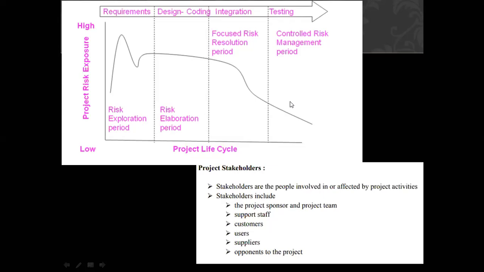It is one of the serious issues associated with the waterfall lifecycle model that the risk profile of the waterfall model looks like this. It is specifically for the waterfall model. Okay. So you can utilize this diagram to explain. If you cannot remember the exploration period, risk elaboration, resolution, you need to mention these points. Just show how the graph moves from the requirement phase up to the testing phase. That will be enough to explain.